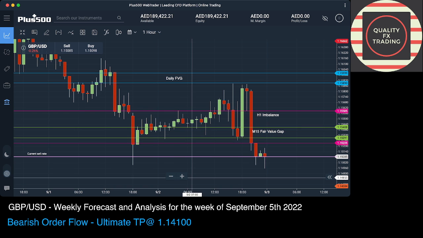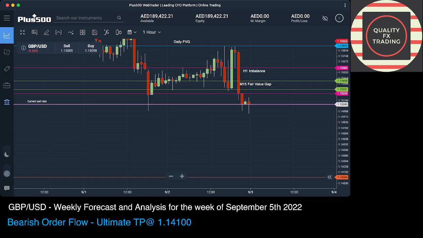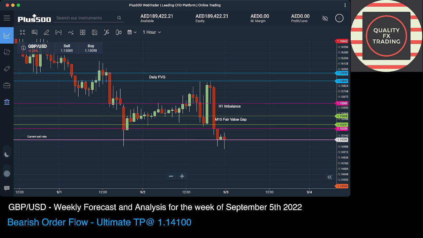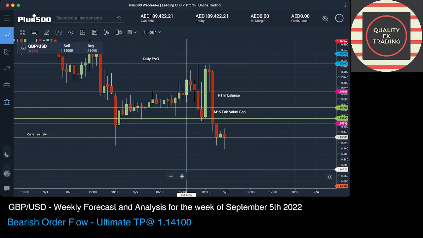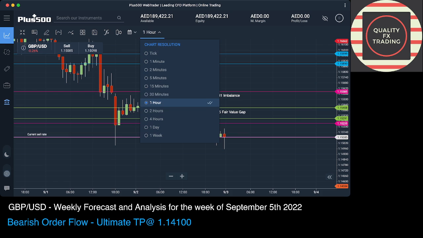So here for this week, based on the scenarios which I have mentioned to you, we have an H1 imbalance here. After this push down, we can see this pink line, this candle's low, and this candle's high. This is a 1 hour candle, and these pink lines show you the H1 imbalance. So we expect the price to go inside this imbalance, and based on the reaction in the 15-minute chart, which I'm going to show you,